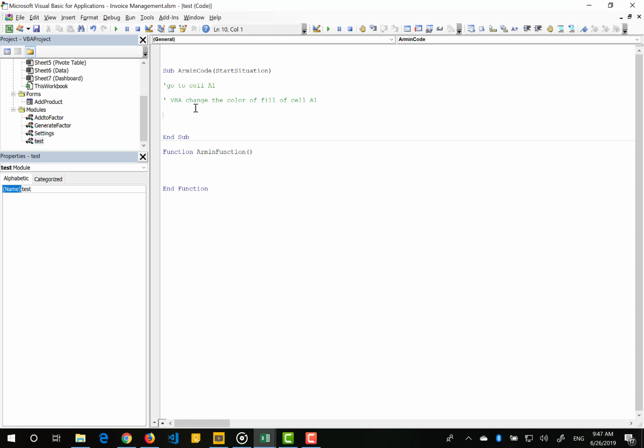So as you can see, there is nothing to be given back to the end user by this sub. It's just some steps that VBA needs to take. But in the function I need, for example, to tell VBA to get the value of A1, and then